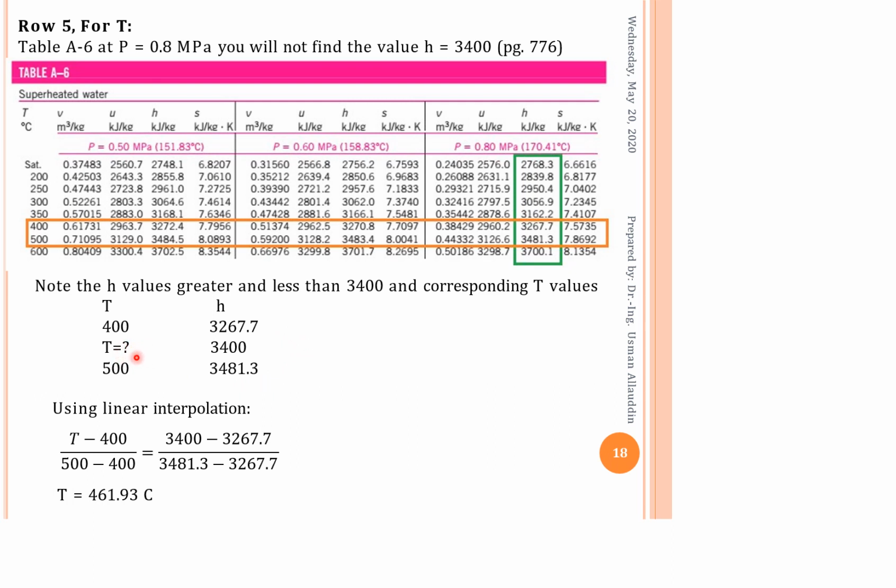So the value we need to find, we will write it first, minus initial value, divided by final value minus initial value. So this is the formula, you need to memorize this. The required minus initial divided by final minus initial. Same goes for this. 3400, that is our middle value, minus initial value divided by final minus initial, and after solving this we will find our temperature. So our temperature is 461.93, and